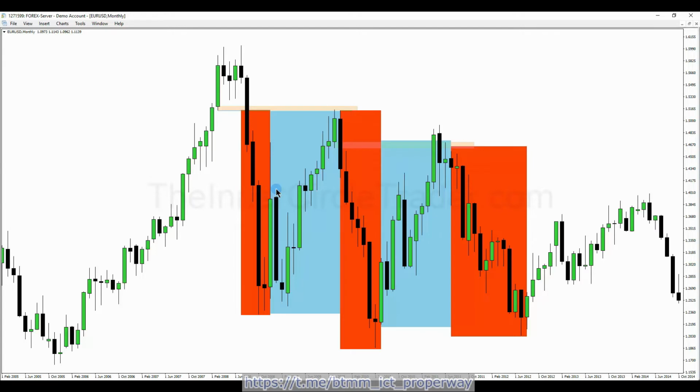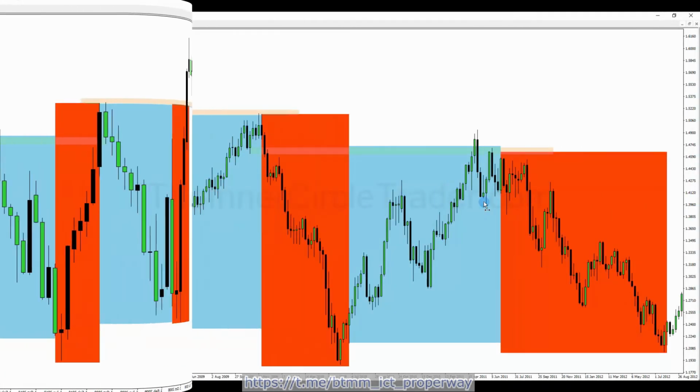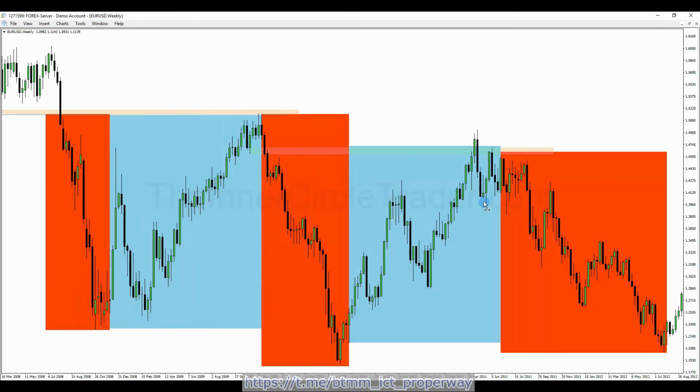So if we have it set up like this on a monthly chart, all we have to do is break the market down into a weekly, just changing it into a weekly chart. Okay, so now we have the price shown on a weekly basis. All through here we have the market in a selling condition, bullish market condition, bearish market condition, bullish market condition, bearish market condition. Okay, so now what we've done is we've mapped out this entire Euro Dollar from mid 2008 all the way to mid 2012,